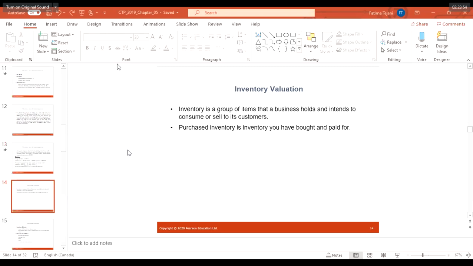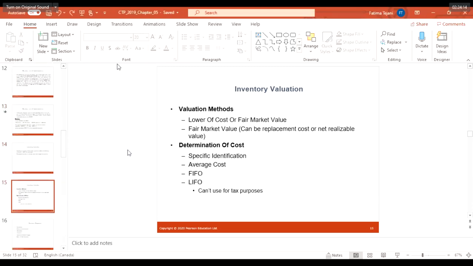If your business buys goods for resale or makes goods for sale, claim the cost of the goods you buy or make for sale in the fiscal period in which you sell them. Enter only the business part of the cost. Now you calculate it either using fair market value. So you use a valuation method: either the lower of the cost at which you bought the inventory, or the fair market value, whichever is lower, where fair market value can be the replacement cost or the net realizable value.